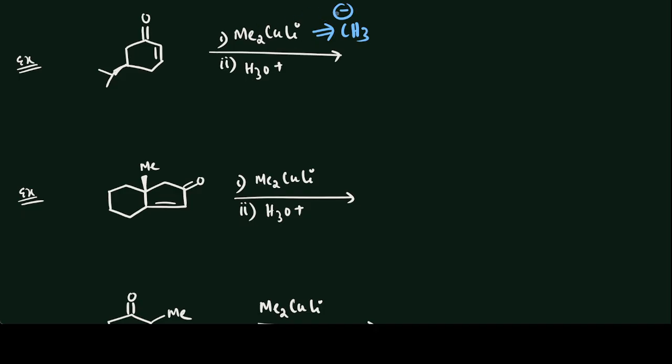So now it will attack here, and it is going to be there, and it is going to be here. But now the question is that stereochemistry is mentioned here. It means that, remember, whenever in a question there is a single ring and the stereochemistry of a substituent is mentioned,